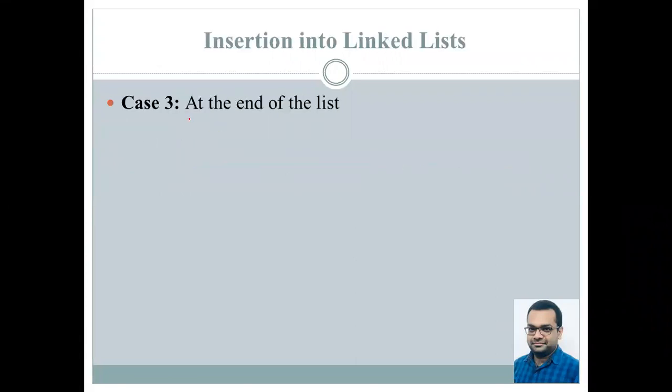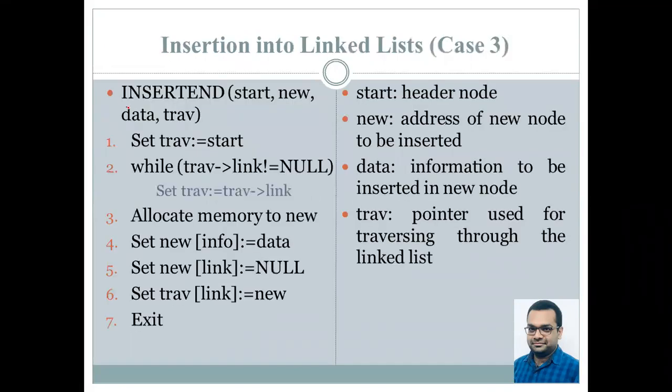So now here we'll be talking about the case when the insertion has to take place at the end of the linked list. That is, every new node that is being inserted is always at the end of the linked list. So we have called our procedure insert end. Now to identify the last node in the linked list after which the insertion has to take place, if you remember, in our introductory video on linked list, I told you that the last node is identified by the fact that its link value is null.